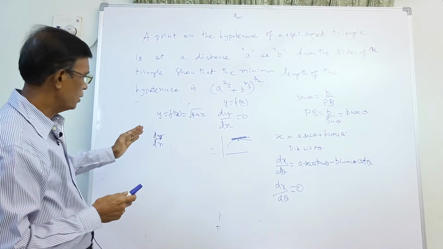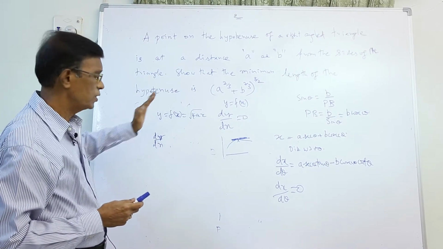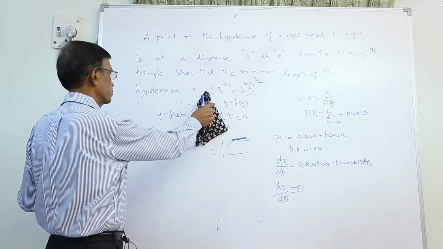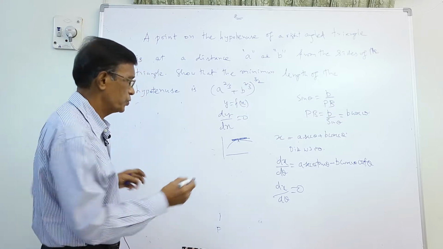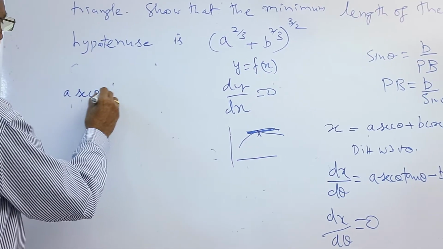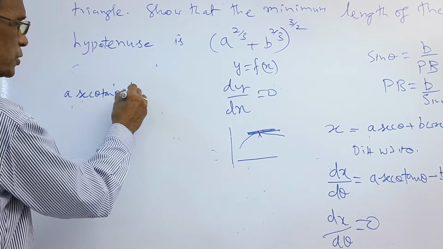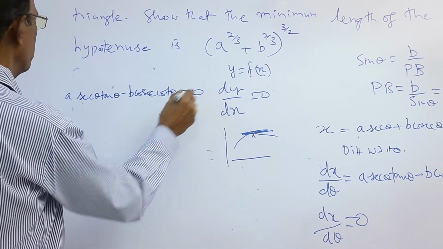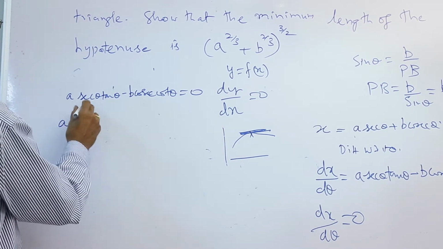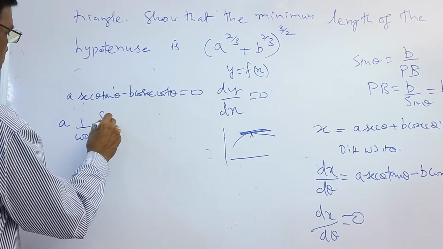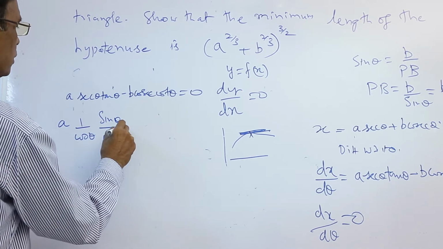And then sometimes we are just going to see whether it is an increasing function or decreasing function in that interval, all these things. Now dx by d theta equals 0, that is a secant theta tan theta minus b cosecant theta cot theta equal to 0, or a times 1 by cos theta and this is sin theta by cos theta, they are equal